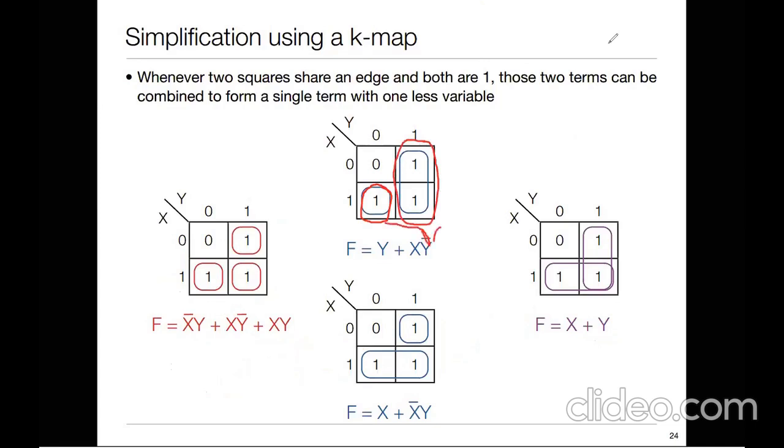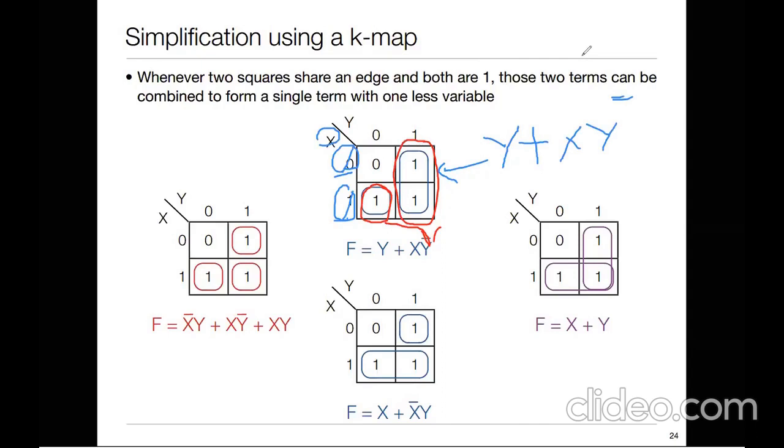But what about this 1 and 1? What is the equivalent literal for that 1 and 1? Now here comes the catchy thing. Y is very easy, so you can write directly y. Now what happens over here? X and x bar are there. One value is 0, one value is 1. If I have both 0 and 1 with respect to variable x, this will get cancelled. So what will be retained is only y, plus this 1, we know it is x into y bar. So this is one way of simplifying.